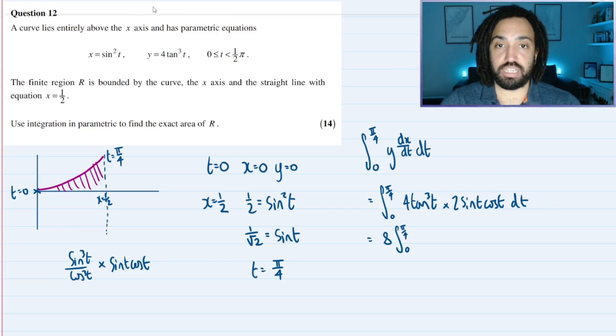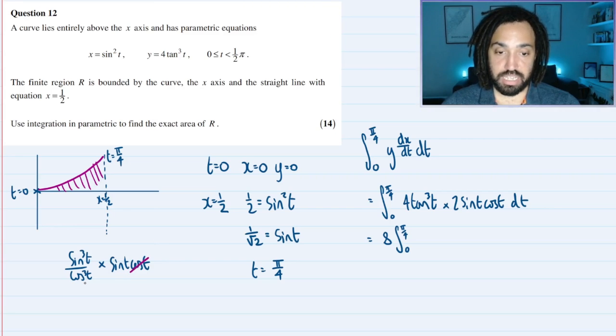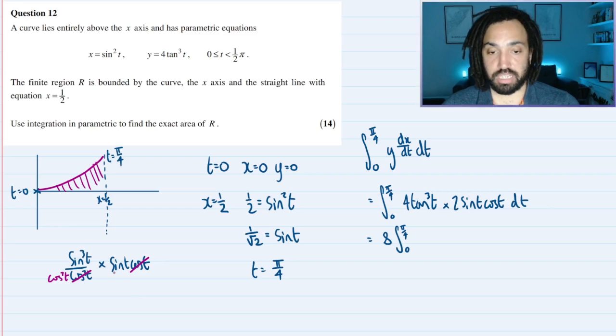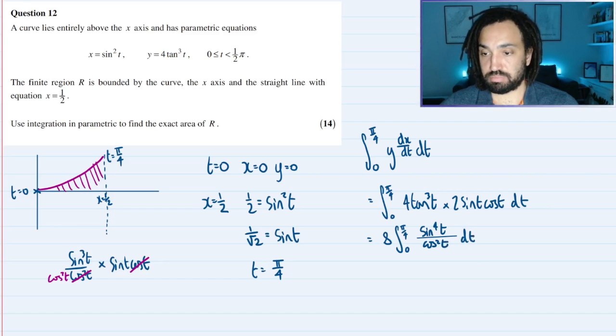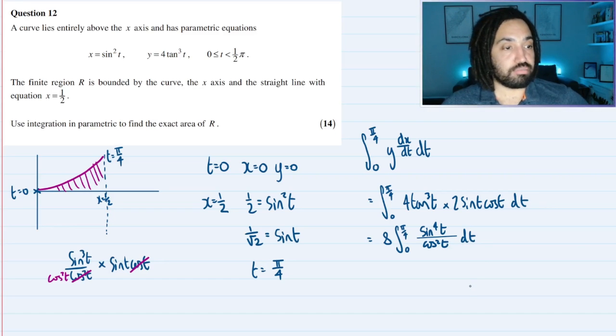So we can divide, well, we've got a cos there and cos cubed on the bottom, so that's going to give me cos squared on the bottom, because that cancels with the cos there. And we've got a sine cubed times by a sine, which is going to give me a sine to the 4. So this is the same as sine to the 4t over cos squared t. Okay,